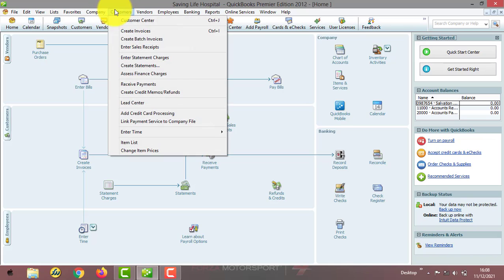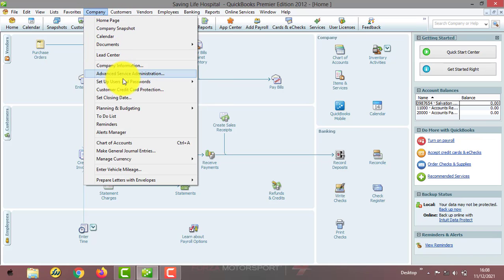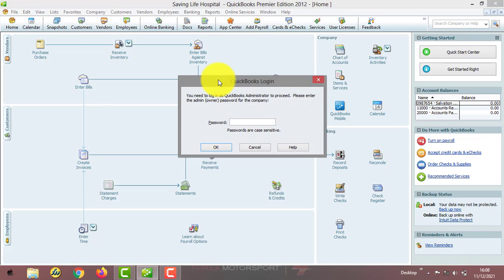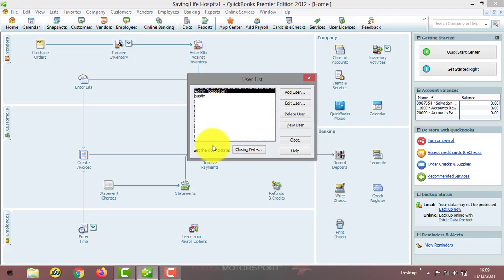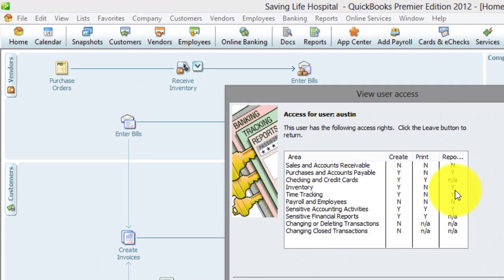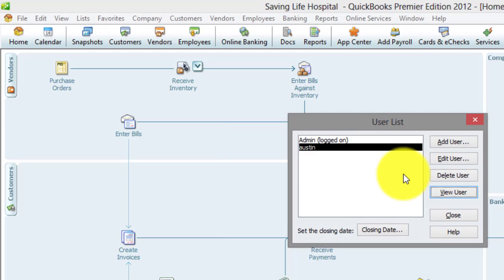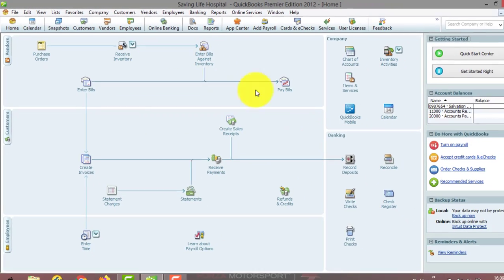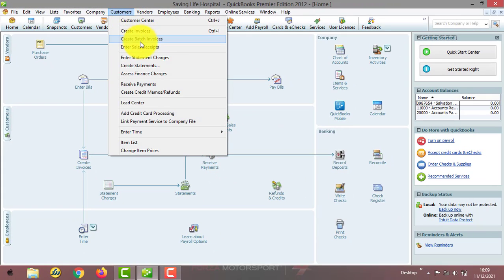Now, the reason why you cannot have access to it is that under the user, you have your user access rights. You have been denied access. You have been denied access for all receivables. Austin, let's view why you can't. Now you can see that under sales and accounts receivable, you have no access to create, print, and even to generate reports. So that's the reason why when the user goes to customer,